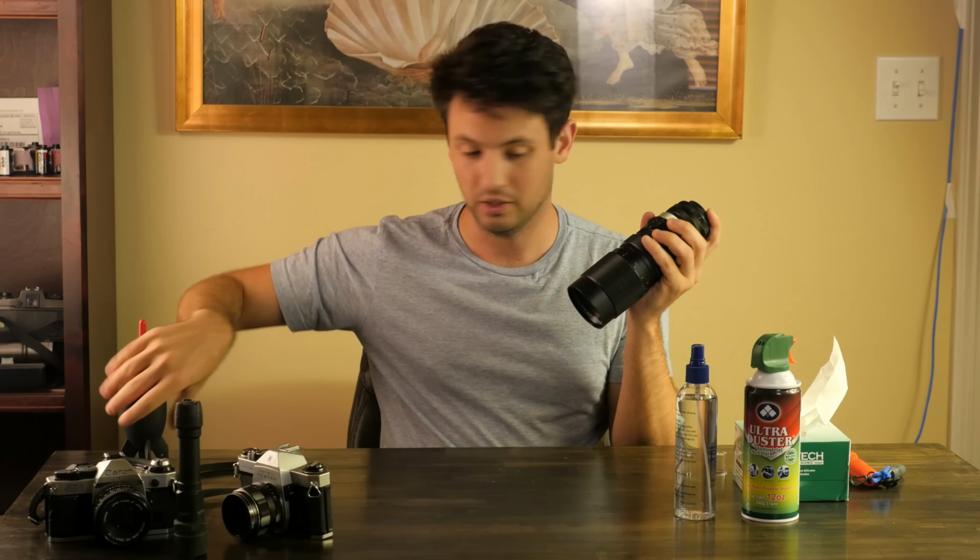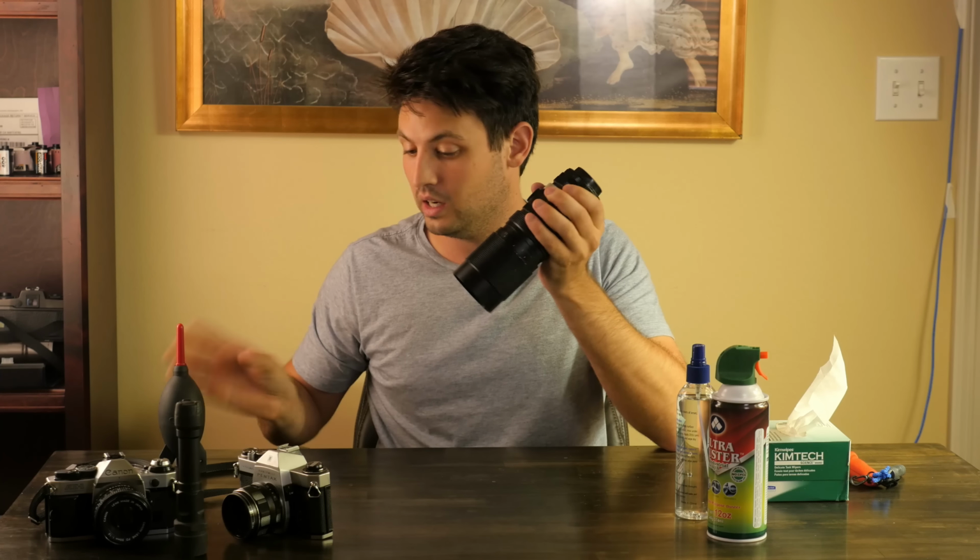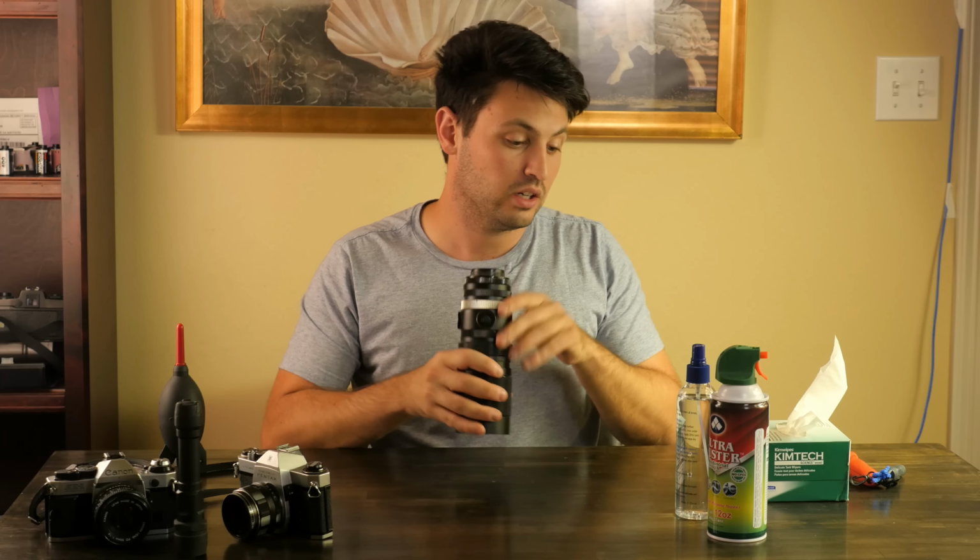Air is great because air is clean for the most part. Or you could use dust off, but I don't use it very much because it can spray Freon if you hold it in the wrong direction, and this air is free over time versus that's like $6 a can or something, ridiculous. So after you have sprayed it down with some air,